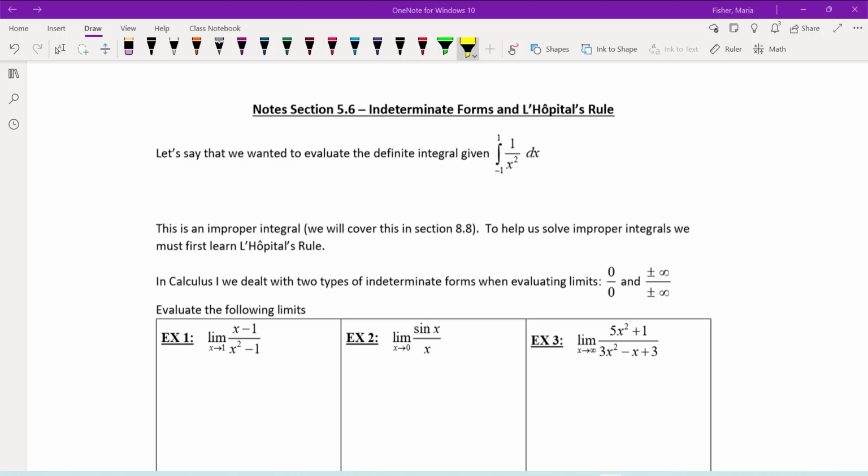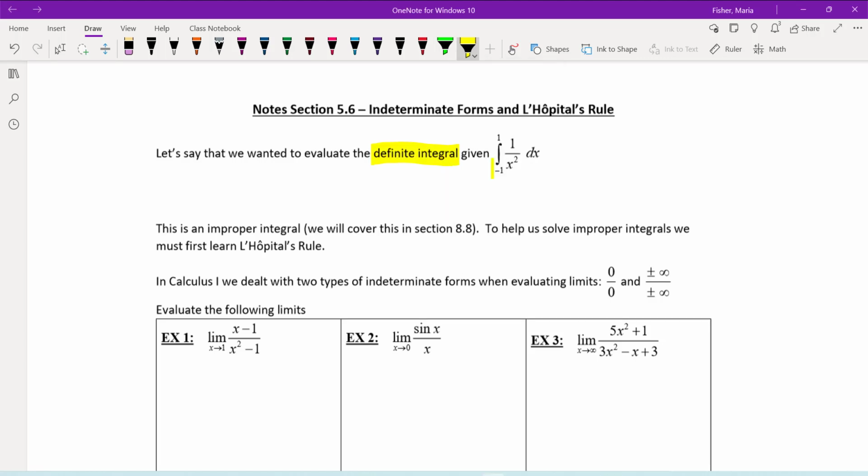Section 5.6 is indeterminate forms and L'Hopital's rule. In this section, we're going to learn how to deal with limits where direct substitution yields 0 over 0 or plus or minus infinity over plus or minus infinity, which are indeterminate forms. But before we start with indeterminate forms and L'Hopital's rule, let's talk about evaluating the definite integral if we're given